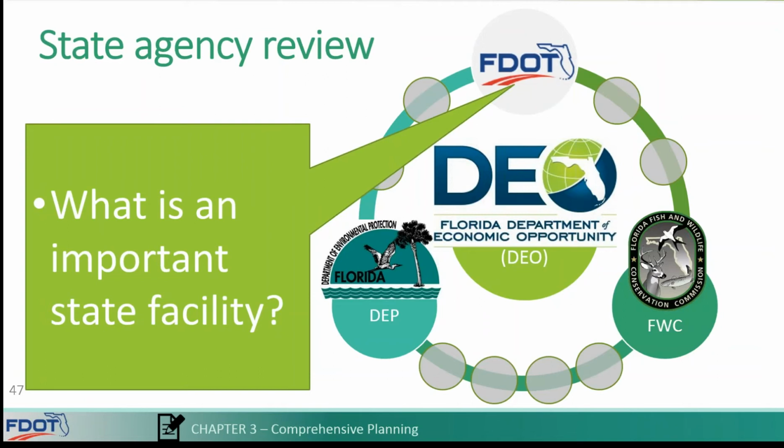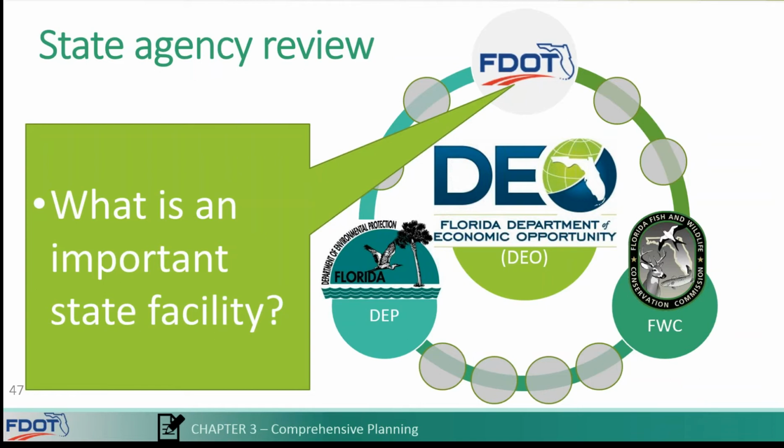Now, all of these changes also impacted the roles of the state agencies in the comprehensive plan process, including the FDOT. Now, DEO is responsible for the overall state review process and is the agency with statutory authority to challenge whether plan amendments are consistent or not consistent with state law. Similar to pre-2011 times, state agencies like FDOT have the ability to coordinate with DEO on plan amendments as to whether or not they impact important state resources or facilities.